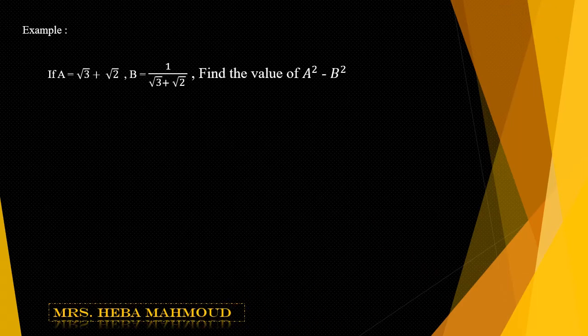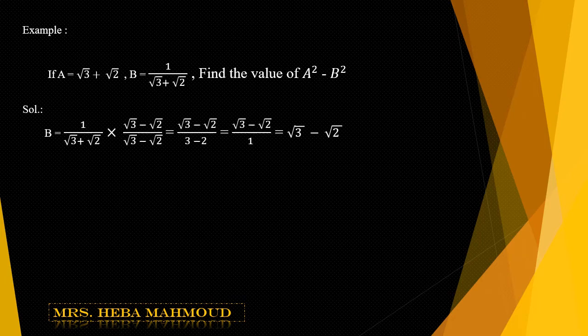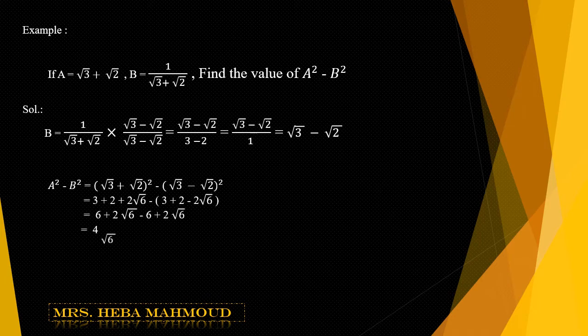Example number 2, if a equal root 3 plus root 2 and b equal 1 over root 3 plus root 2, find the value of a power 2 minus b power 2. Solution. Since a equal root 3 plus root 2, we want to write b so its denominator will be an integer. So b equal 1 over root 3 plus root 2 times a new fraction with the conjugate of the denominator,